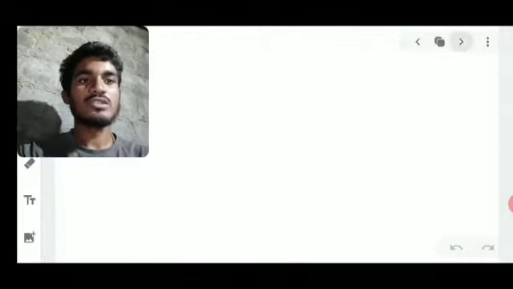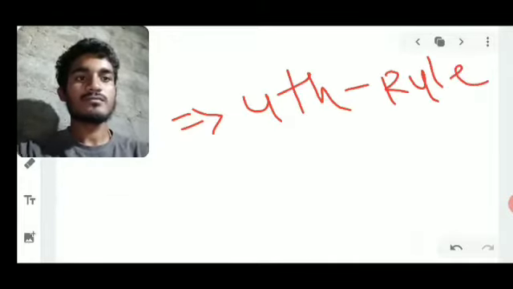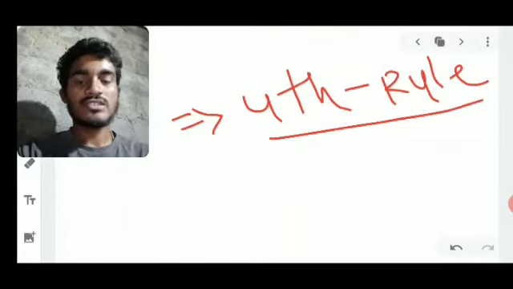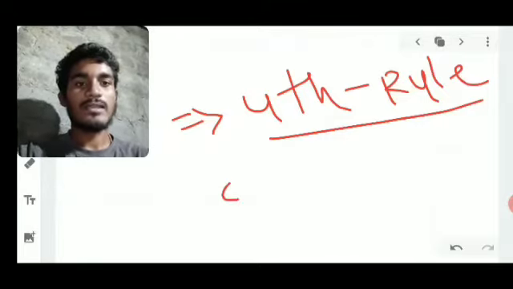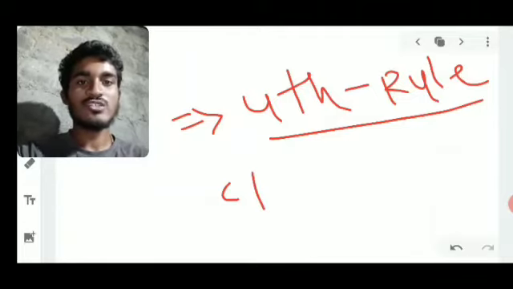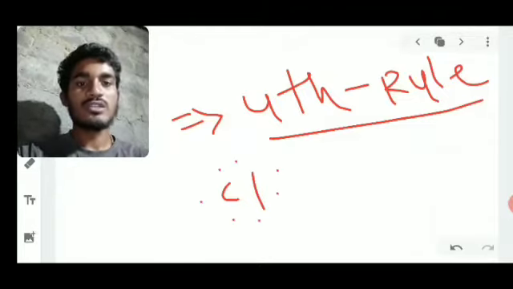The fourth rule is how to get the octet configuration. Each element has to get an octet configuration, so each element has to write its valence electron configuration as dotted structures. Here chlorine is a group 17, or 7th group, element, a halogen. So we have 7 electrons: here 2, here 2, here 2, here 1. These are the dotted structures.